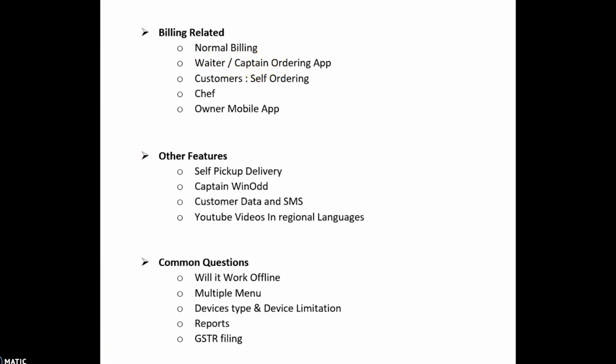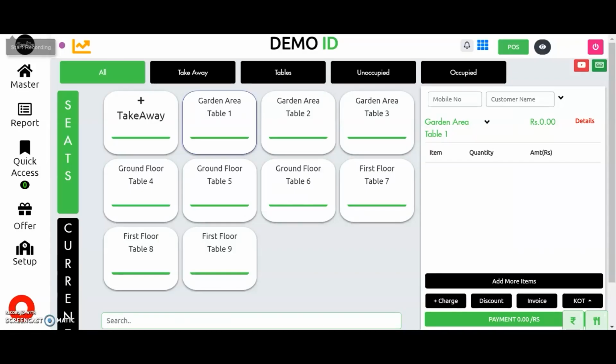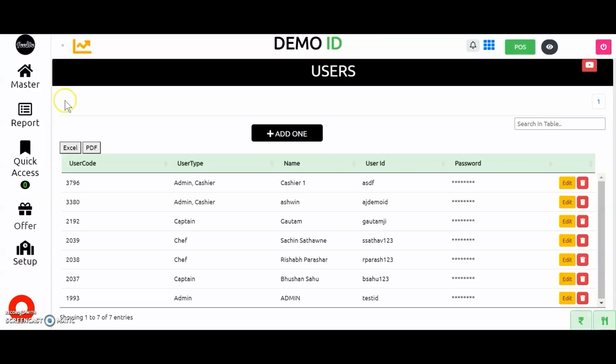Also, this reduces the work of manager or biller, as they don't have to do billing, it becomes automatic. All they have to do is take payment. And they can look after different things and responsibilities or any other work. Now, we will create captain user. For that, go on masters, then users. Here you have to make IDs for captains by clicking on add one. And give that ID and password to the captain.